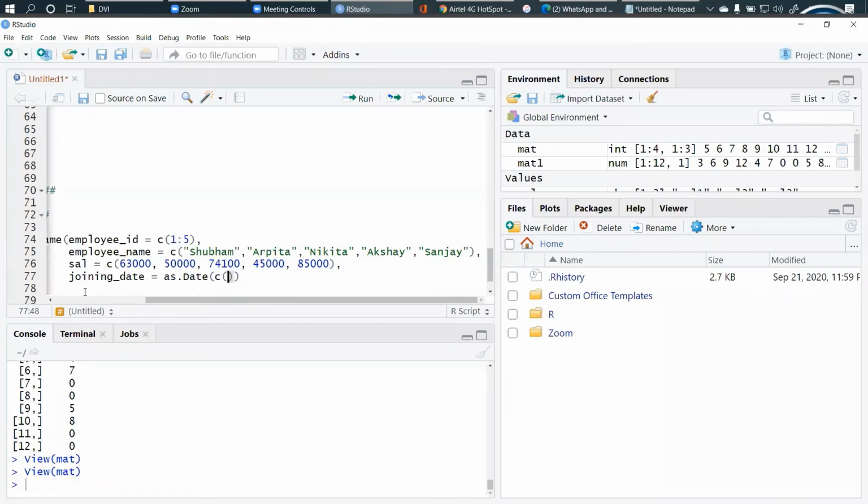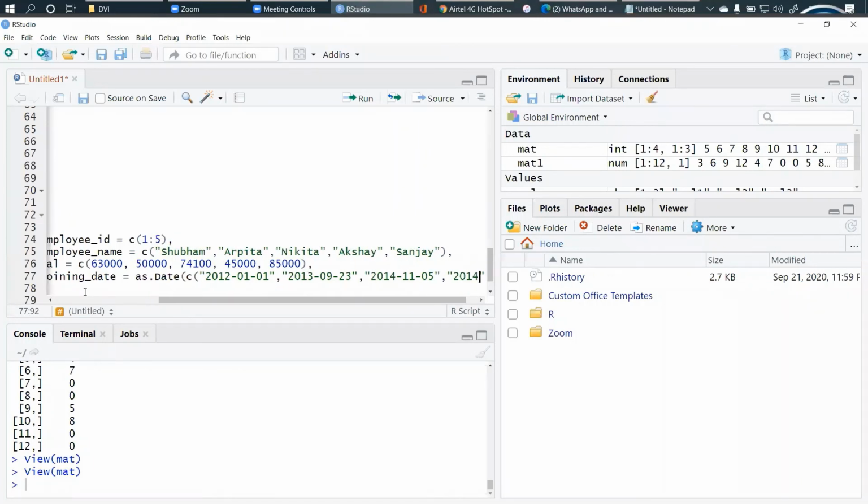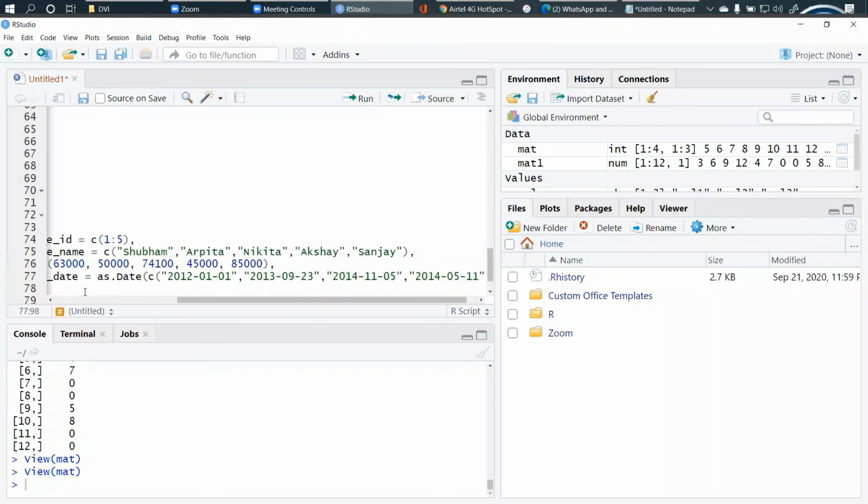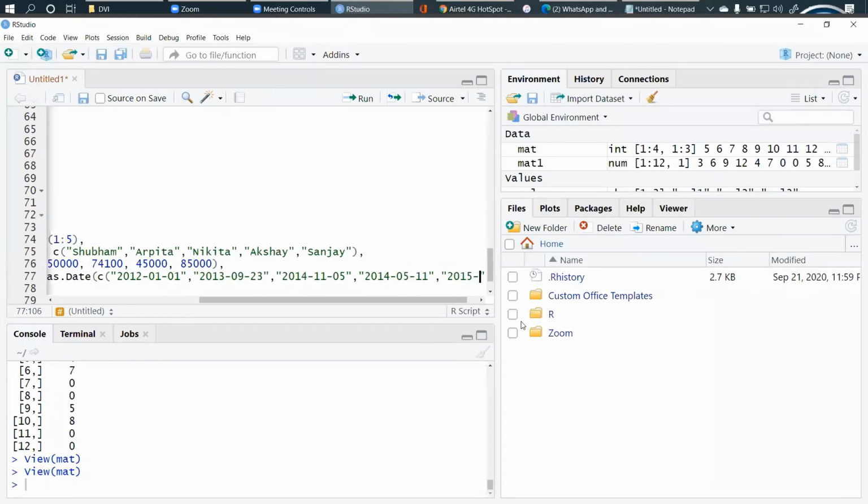I will bind it. There's a format, I think it is 2012, 1st January, and so on. So this is how you write dates. One, two, three, 4. Right, we need to take one more. Right, so here it is.